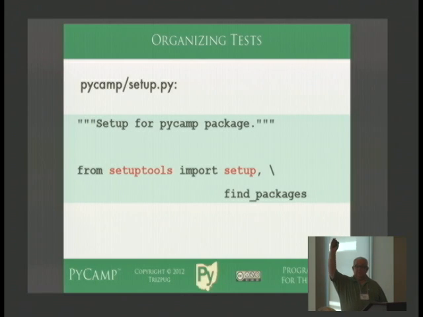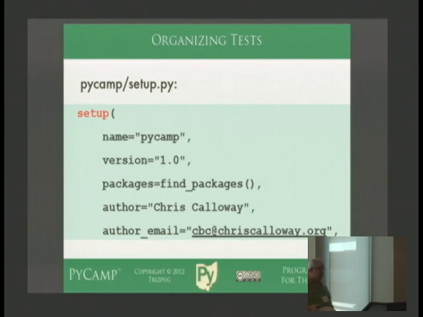Who's heard of distribute? It's like all over the Python blogs. You use easy_install or pip to install distribute, and that gives you a module called setuptools that you can import a function from, called setup, and having a setup.py with a setup function in it that you simply call. Setuptools provides you the function. You call it, and you provide it with keyword arguments. One of them is name. You can tell what the name of the package is and what the version is with the version keyword. And you can use the find